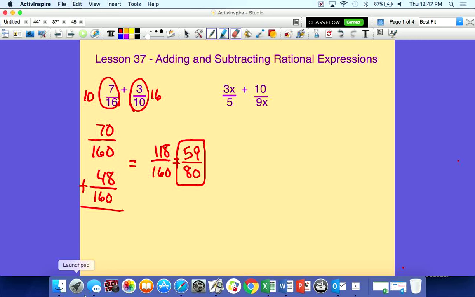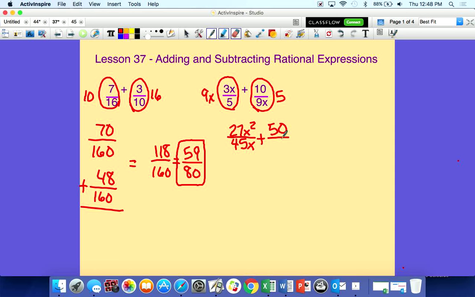All right, next one. Well, we can do the same thing here. Even though there's an x in here, our first job is to get common denominators. Well, let's just multiply these together. So our common denominator would be 45x. For this one, that means that we multiply by 9x. So 9x times 3x would be 27x squared. For our second one, we're multiplying it by 5. So we'd have 50 over